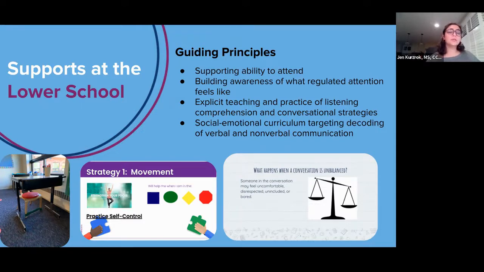And then from the social and perspective taking piece, that looks at supporting kids at this core level to engage in a conversation. So I work with the youngest students a lot on what we call balanced conversations, and that's really attending to what's happening around you in the conversation, and whether people are getting frustrated, whether people are bored, how much airtime you're taking up, and then being able to attend to and use that information to participate in a conversation.